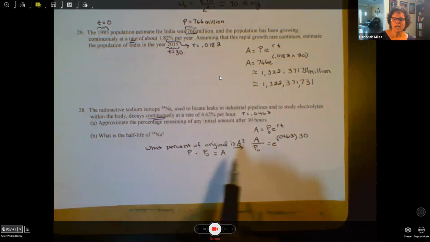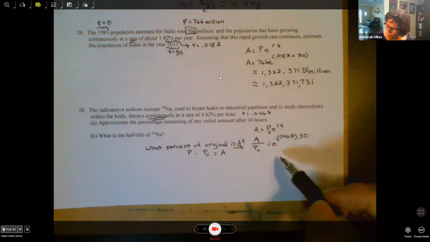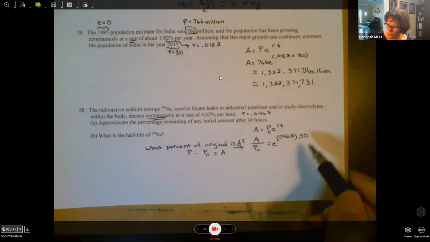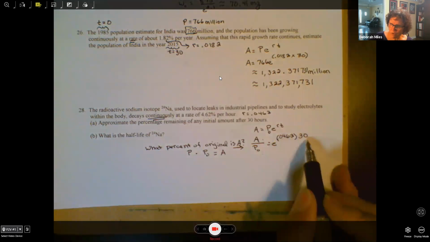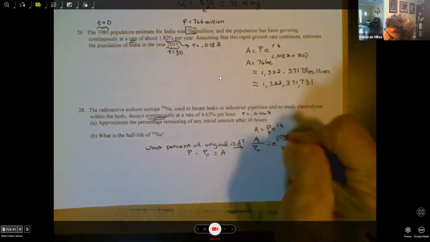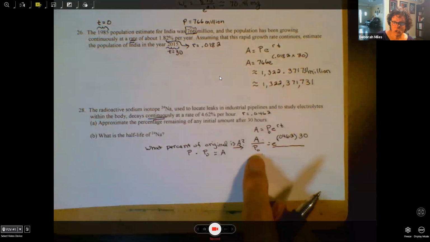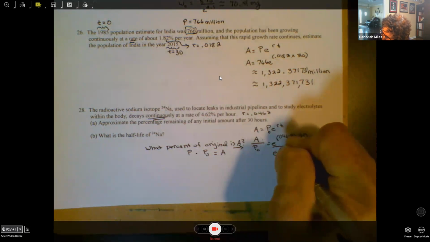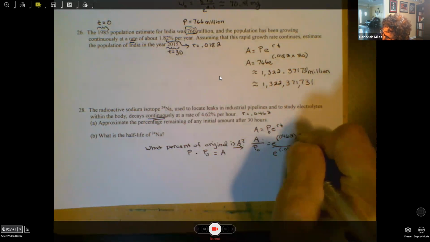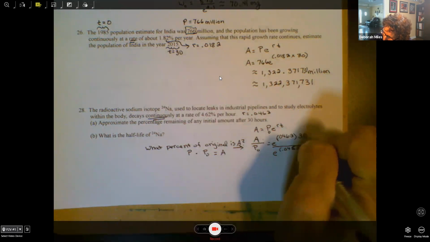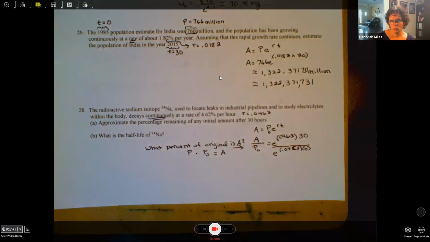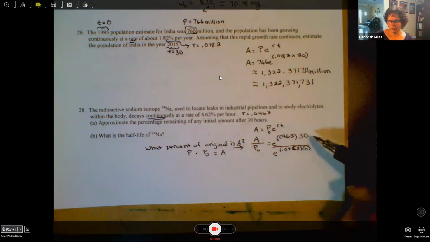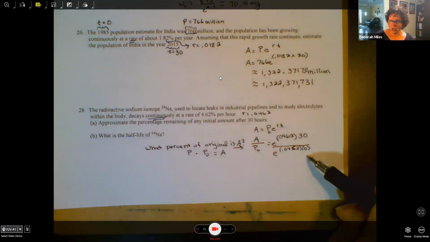Oh, I know what. This e to the 0.0462 times 30, that's what A is. That's the amount after 30 hours. And then the original amount was just e to the 0.0462 times 0. This is the amount after 30 hours. And the amount we started with, that's just,